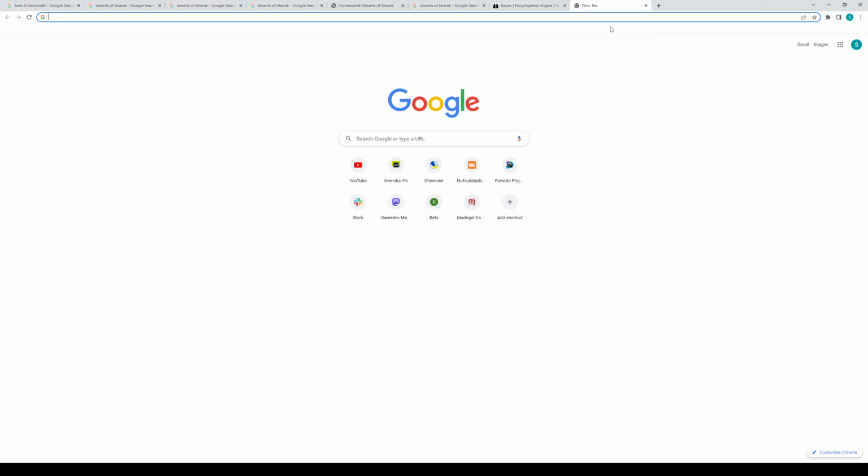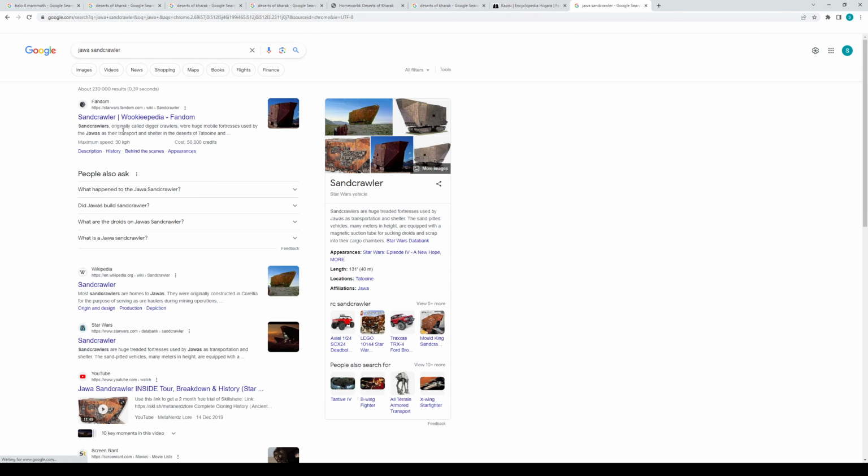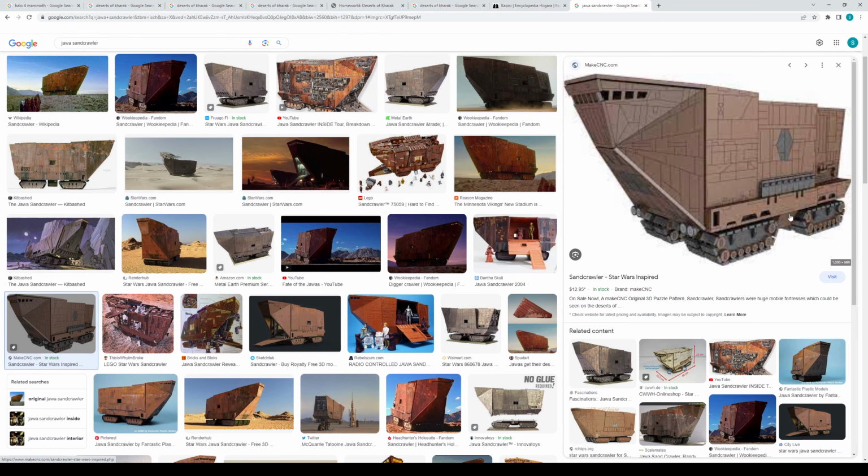Then of course we have a classic, the Jawa Sandcrawler from Star Wars. This is a pretty interesting vehicle. It's a tracked vehicle. I was kind of thinking that we would maybe make this mother vehicle a tracked vehicle. It's not tracked currently. I don't really have tech support for that yet. Maybe we can make that happen,